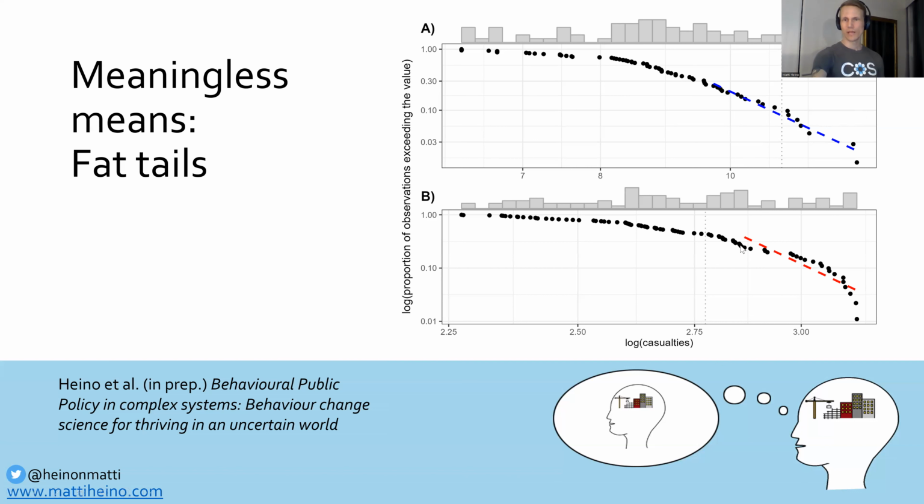is that if you take only the 25% of observations that are in the tail, and you fit a linear regression to it, we see that with these traffic deaths, it doesn't really fit. It looks very stupid to draw a line that would describe the observations here, because taking the logarithm causes it to bend sharply downwards. And if we would take not 25%, but we would take the largest 10%, 5%, 1%